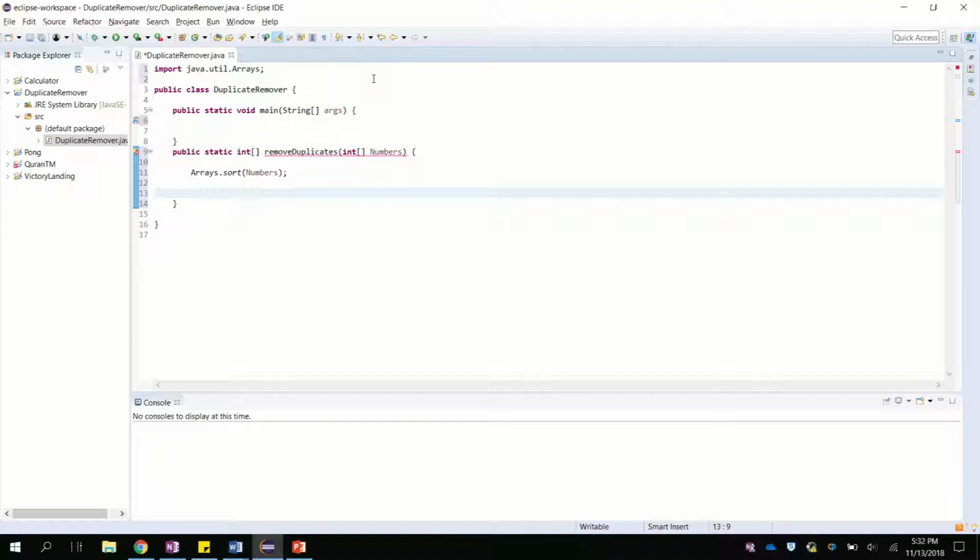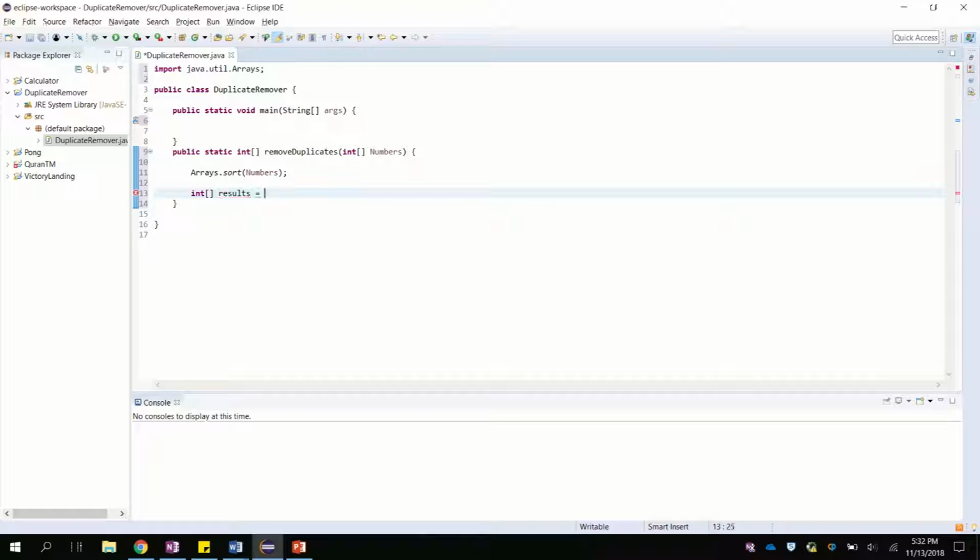So first of all, we're going to make an int array, so an array of integers for the returning process. So basically what we're actually going to return. So we are going to call this, let's make it simple, results,